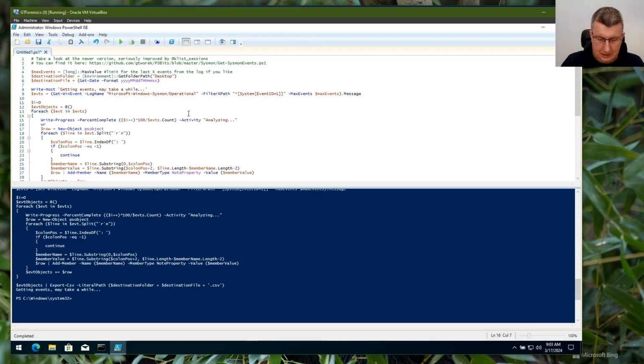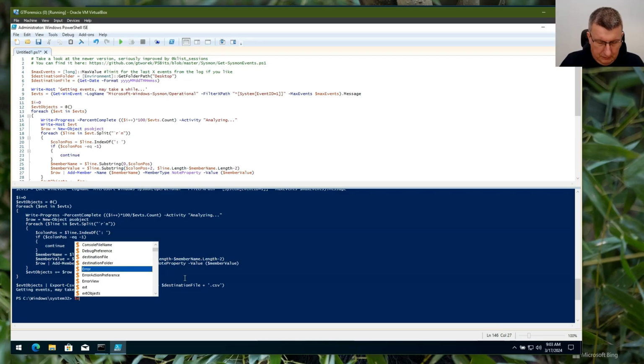So, Write-Host, and $evt is my object, and I can try to access the $evt properties. I will instantiate one: $evt = $evts